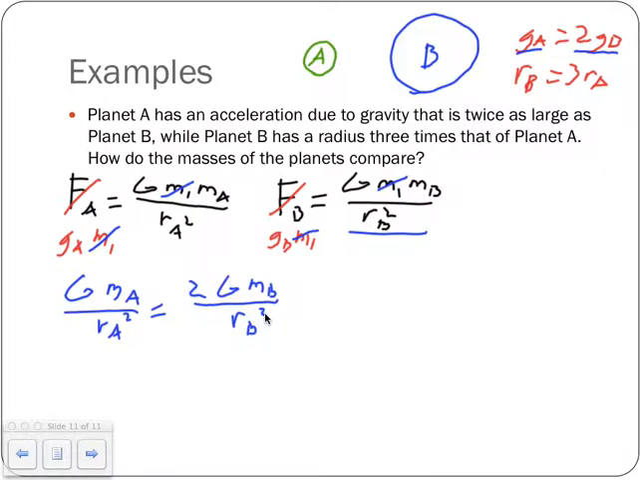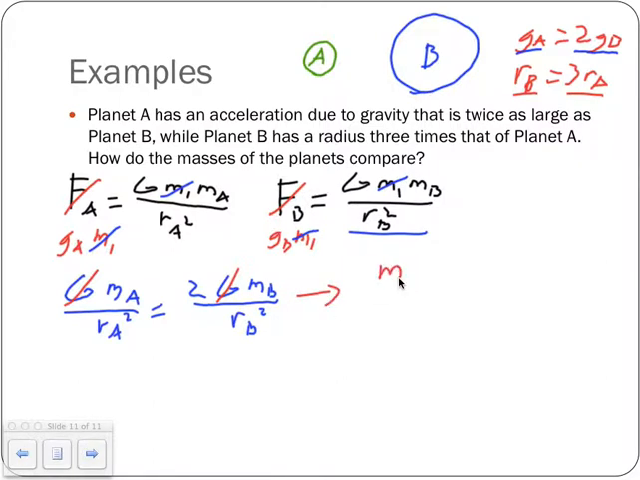Now, looking at this, we can do some further canceling because that's going to cancel off our universal gravitational constants. And so we now just have ma over RA squared equals 2mb over RB squared. Now, RA and RB, we have a relationship. We know that RB is equal to 3 times RA. And so we can further, and I'm going to go ahead and write it over here,